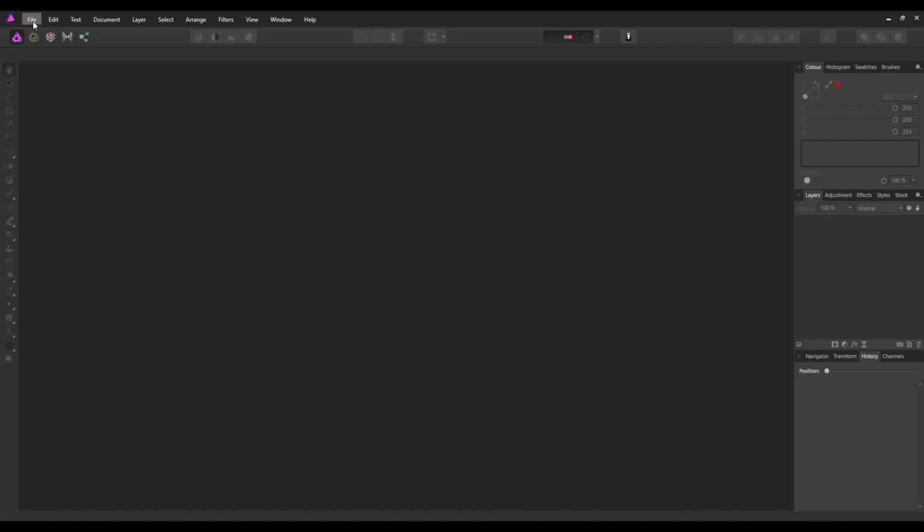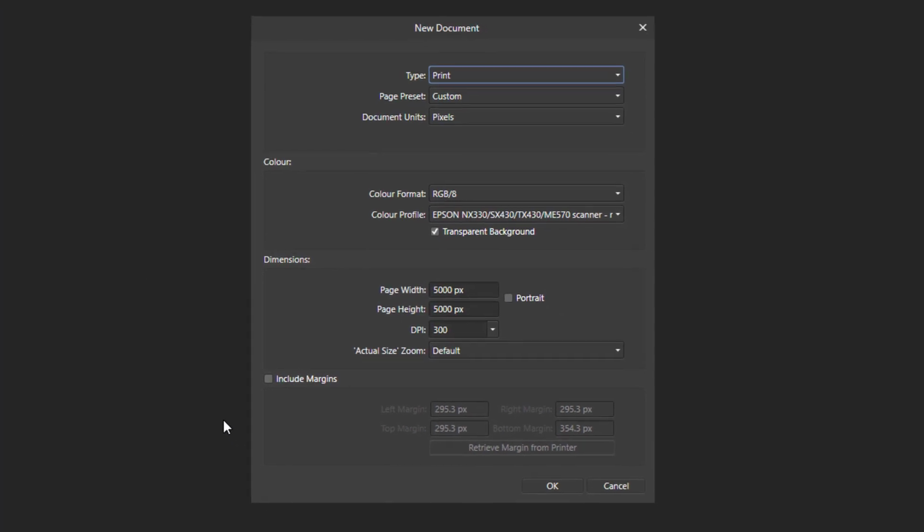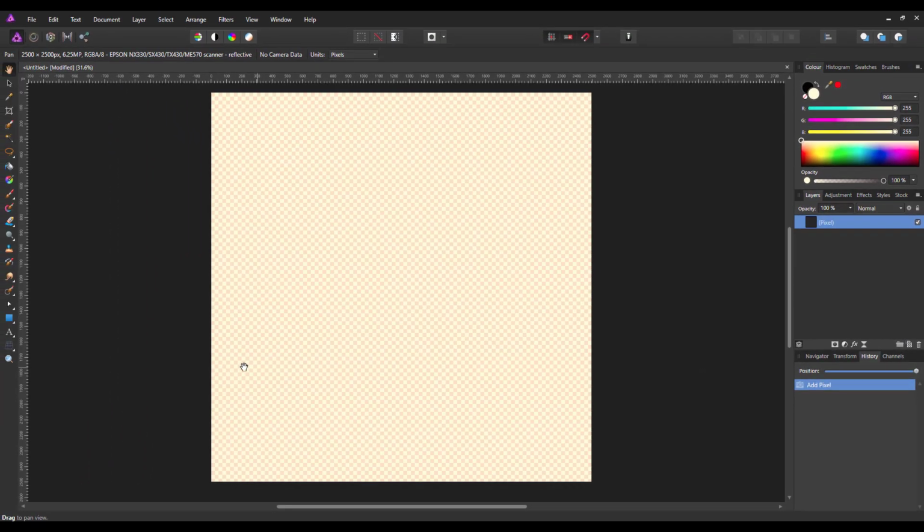So what we need is a new document. I'll come to File and New, and I'm going to make the size 2500 pixels by 2500 pixels, and I'm going to leave it on 300 dpi, and then just click OK. So now we have our new document. What I need is a new pixel layer, and to get that I just need to click on this icon here, and we now need to fill this